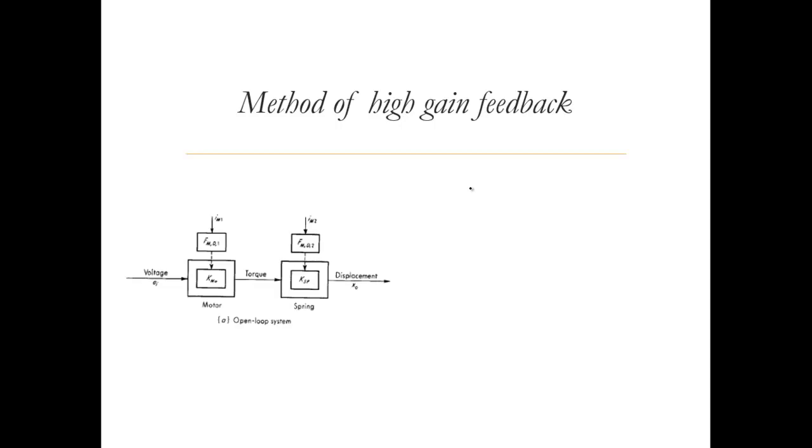In the case of high gain feedback, we can look at this system. For example, we have a motor that rotates a spring, or you can say compresses a spring and causes a displacement of the spring. There is a voltage applied to the motor, and accordingly the motor develops a torque, and the torque causes the torsional spring to displace, and then we have some displacement x naught. It could be subjected to the modifying input IM1, then the spring itself could be subjected to some modifying inputs IM2, whereby it tries to modify this value.